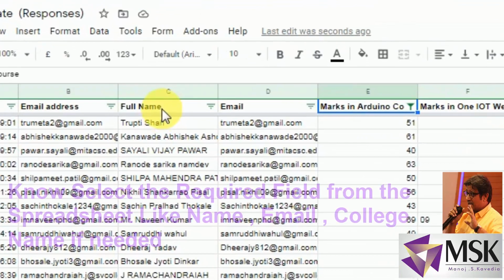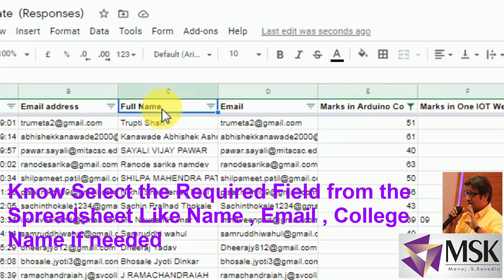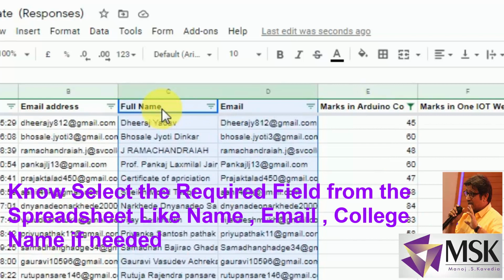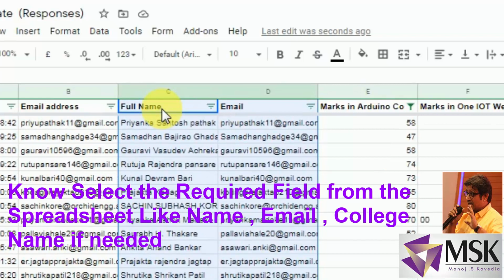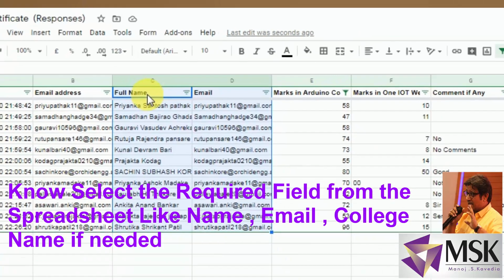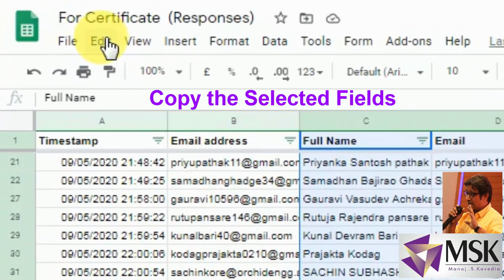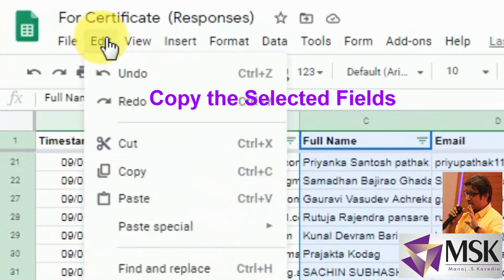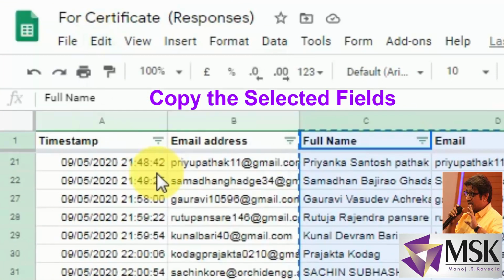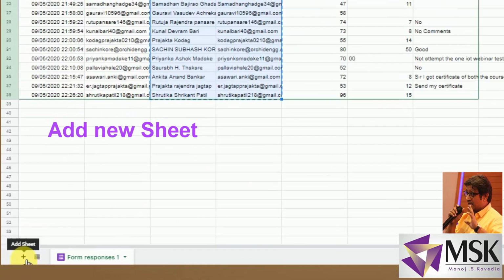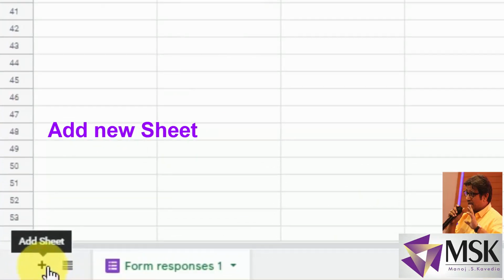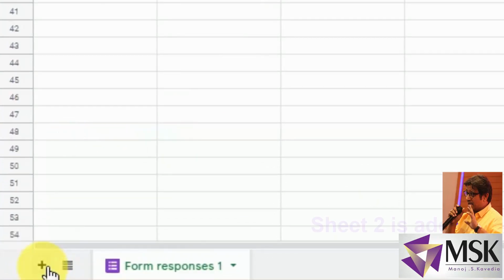Now the next step. Select the name and the next field, that is email address. First select all the fields, and after selecting, create a new spreadsheet out of it. How to do that? First copy the data. I've marked the field, selected it and copied the data. Now I'm adding a sheet.